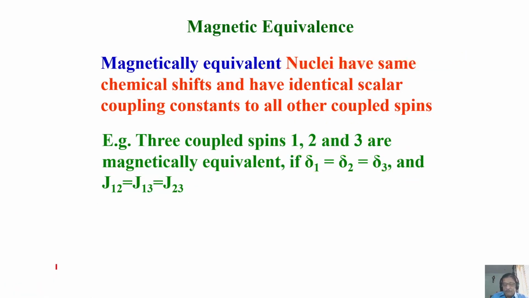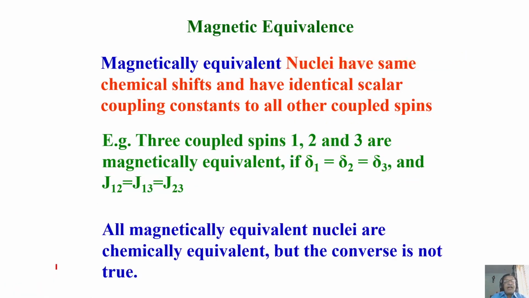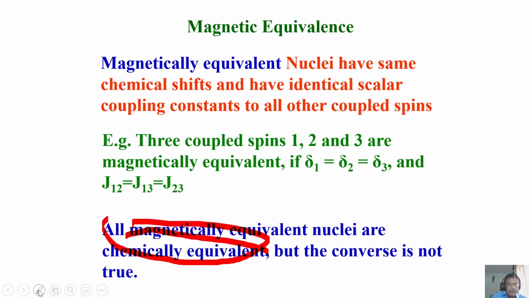This is very important information. So now the logic is simple. All magnetically equivalent nuclei are chemically equivalent. Remember, all magnetically equivalent nuclei are chemically equivalent, whereas